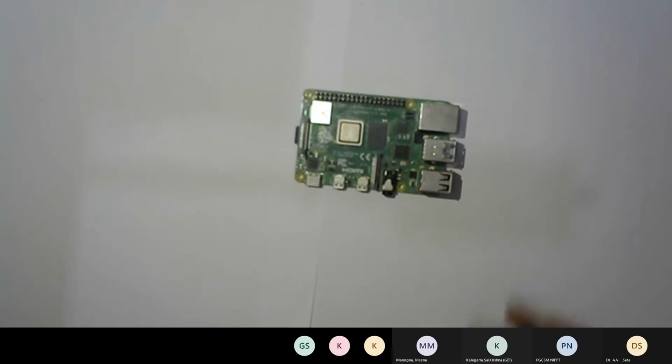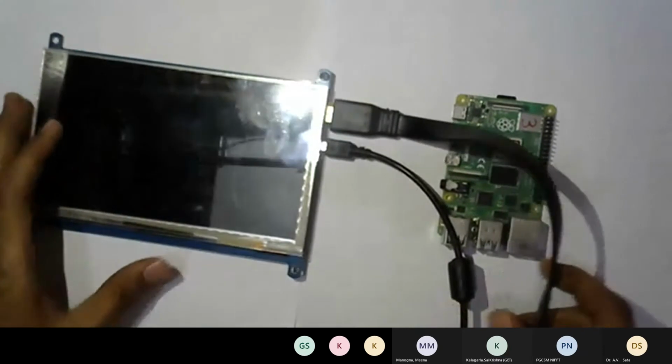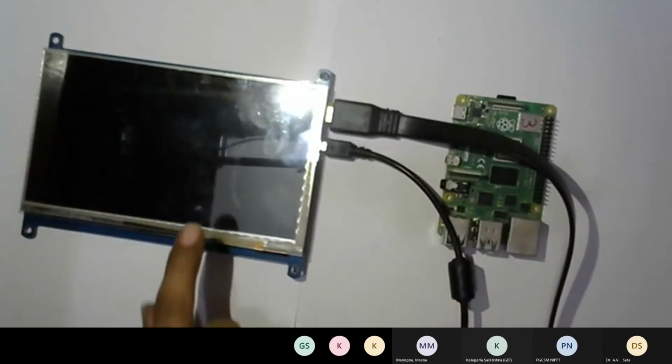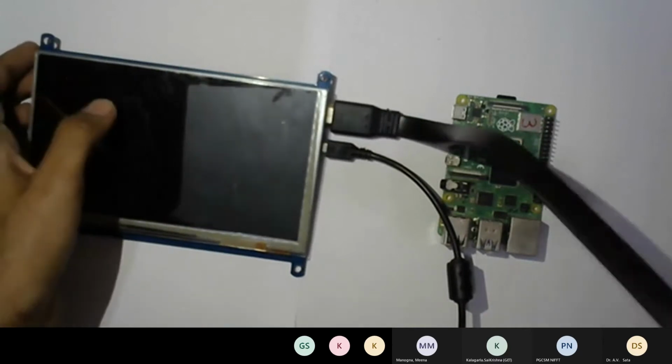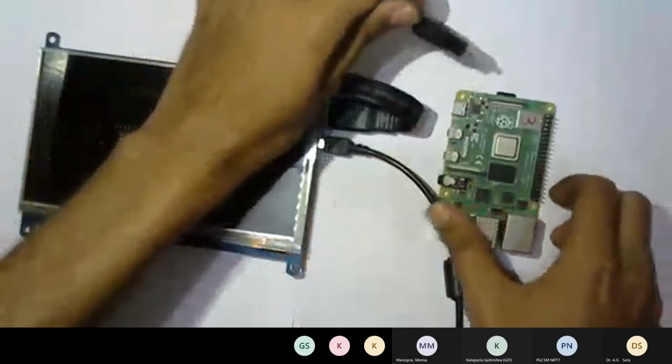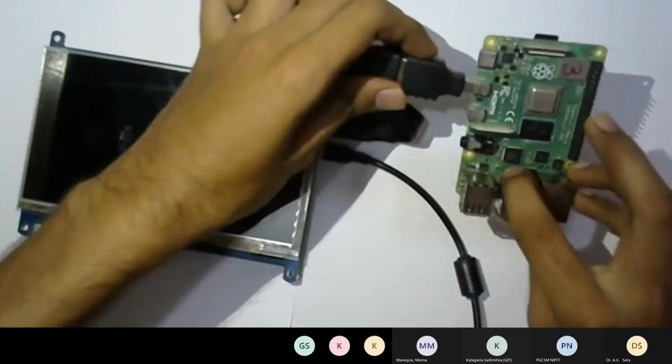So now I'll connect it with this 7-inch screen. This one is a 7-inch capacitive touch screen. You can connect it easily with this over here with HDMI to micro HDMI.